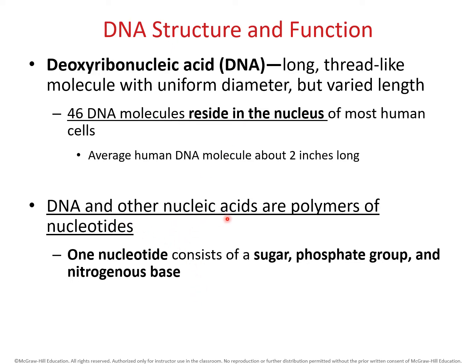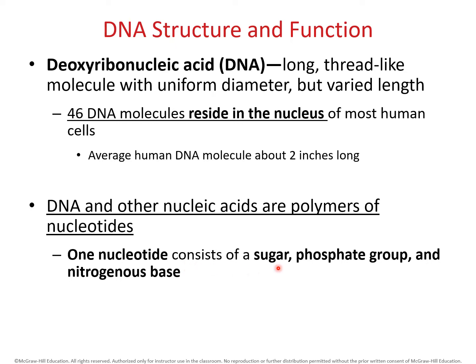Now, there are other nucleic acids. DNA is categorized as a nucleic acid. DNA and other nucleic acids are polymers of nucleotides. So you get a bunch of nucleotides together and they will form DNA. We're going to break it down and look at the structure of a single nucleotide. Remember, nucleotides are monomers, or individual units, that when they bind together form this larger polymer known as DNA. So we need to go over the structure of one individual nucleotide. This is definitely something you'll be asked about.